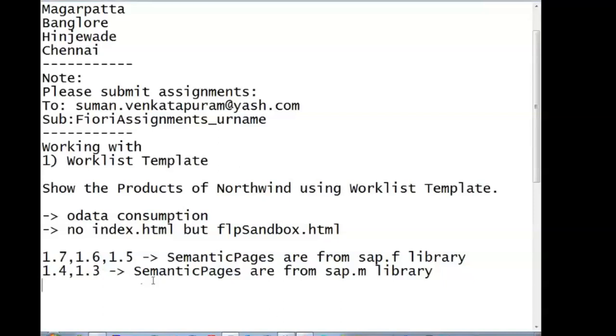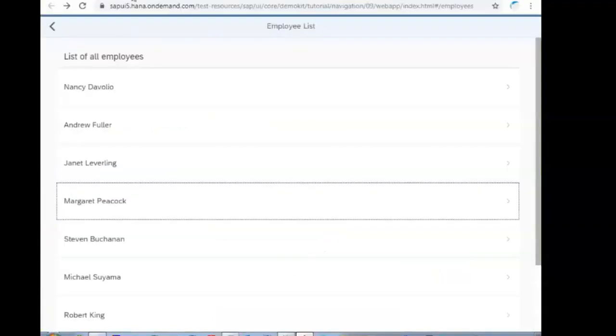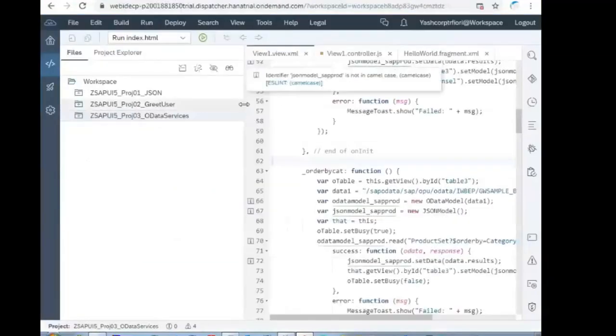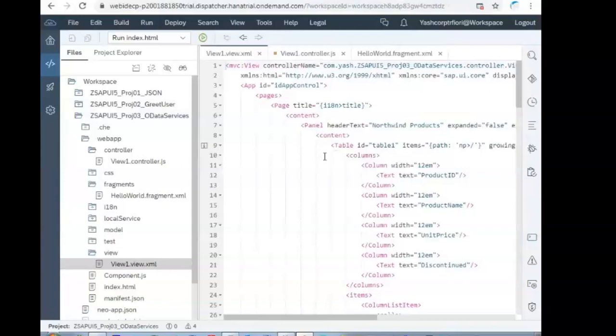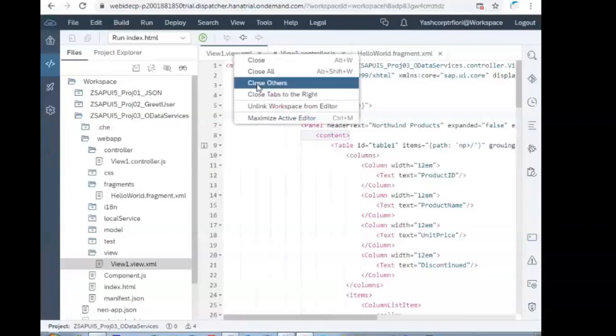Far more advanced pages. In the SAP UI5 application template, you see the page content here. In the other templates, you see semantic pages. Okay, let me close all.